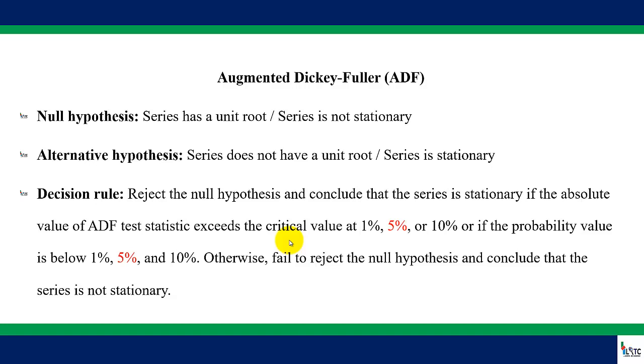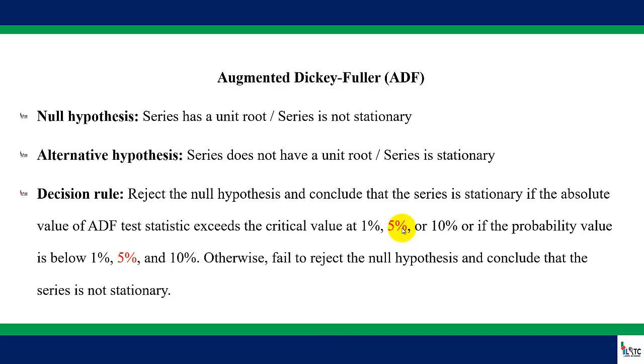Now, what I am trying to say here is that if you do your analysis in Eviews and you notice that the absolute value of the ADF test statistic is greater than any of these three critical values, you conclude that the variable is stationary. Please take note, 5% here is the conventional level, and most times